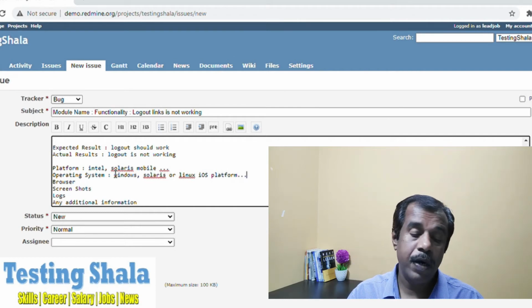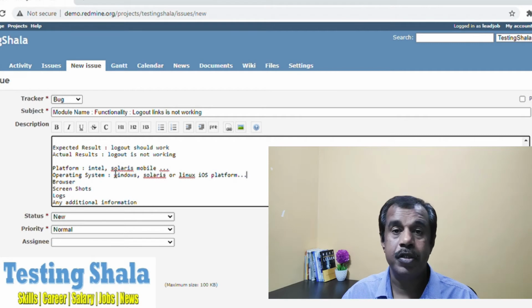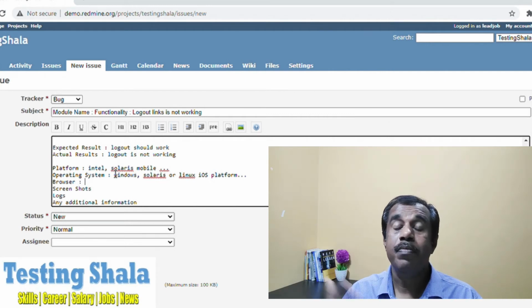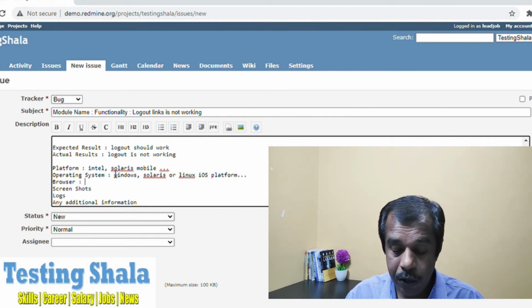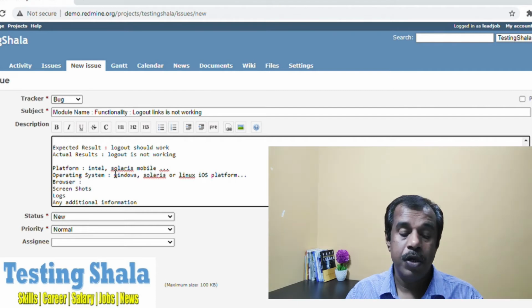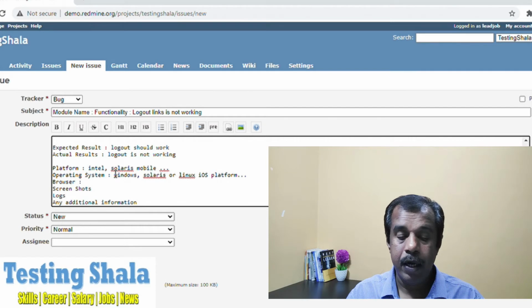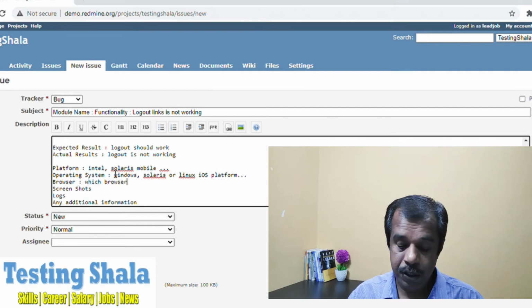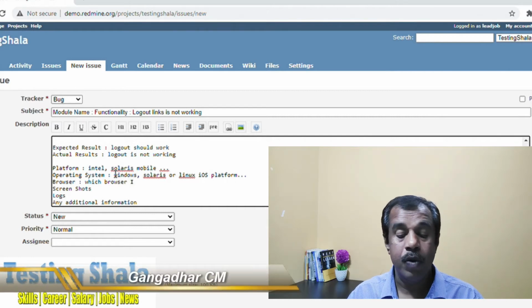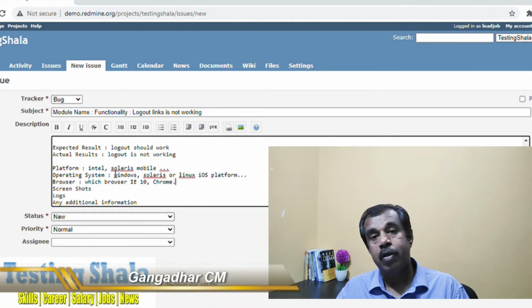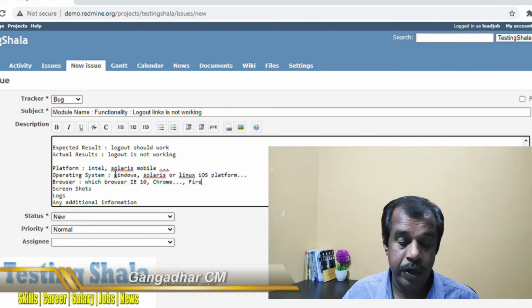Then let's say your application is a web application, where you might be accessing the application using some browsers. You should clearly call out which browser you're using, maybe IE 10, or Chrome, whatever the version, or Firefox, whatever the version, or even Apple Safari and so on.